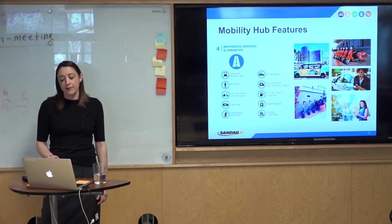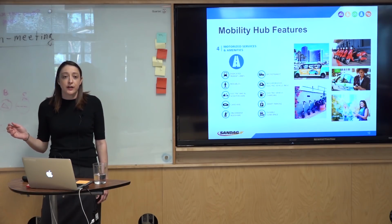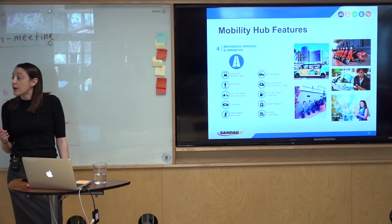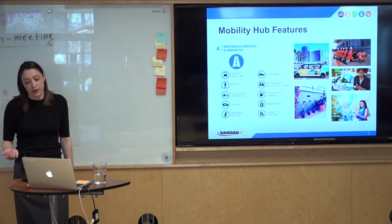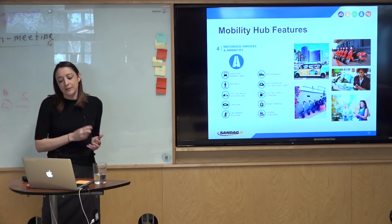And then the wide variety of motorized services, including allocating the space dedicated to those services on street so that they can either operate and run with priority compared to driving alone and having the space to pick up and drop off. The one thing I wanted to mention out of all of these items, actually two,